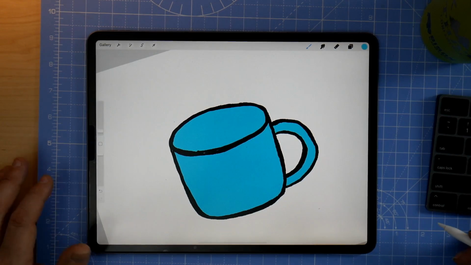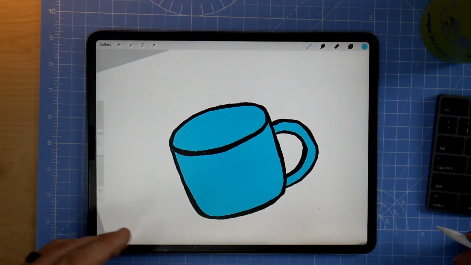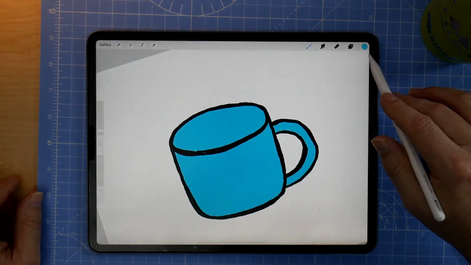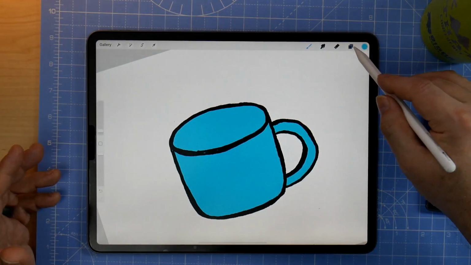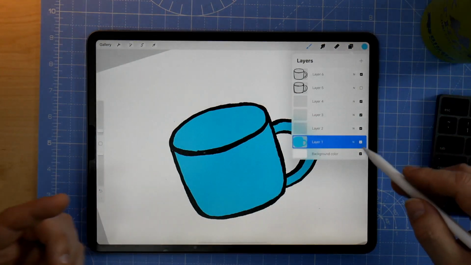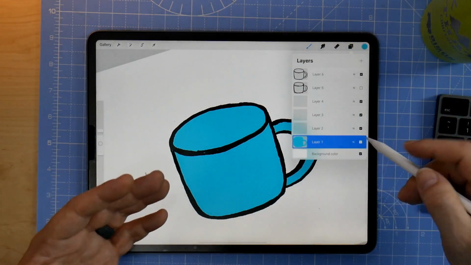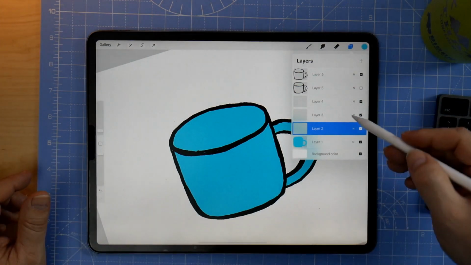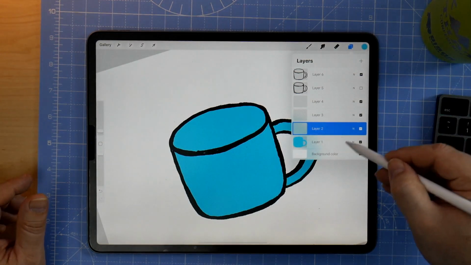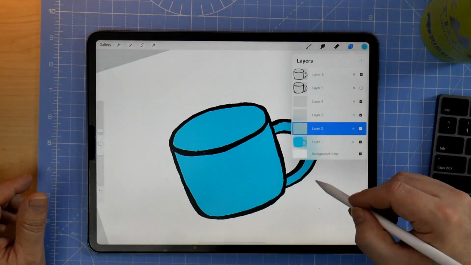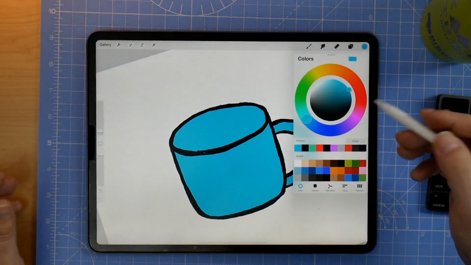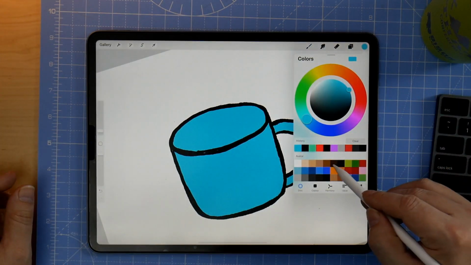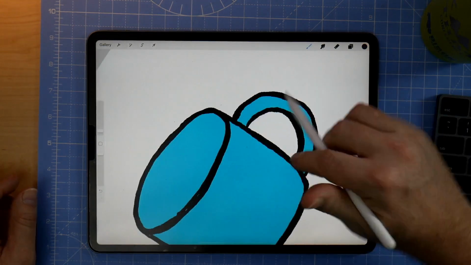But if you want to add some detail like shading, make it look more, well, let's start with, there's one other color that I want to add. And again, I'm going to do this on a separate layer so that I can change it however I want without affecting the other layer. So let's go to layer 2, the layer right above this blue color, and I want to add some coffee or whatever. Let's say this is dark brown, and